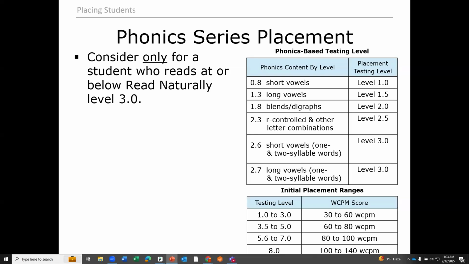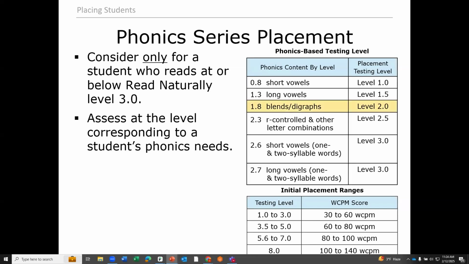You can do it with word warm-ups. Word warm-ups is a decoding and phonics program that is built into the Read Live suite. So if you have licenses in Read Live, your kids can use word warm-ups. It's not a separate purchase. You have access to it. And that is used when students read at a 3.5 or above. Because fluency needs and phonics needs don't line up very well, especially for older students. So then they might need to use two programs, one to address fluency and comprehension, and the other to address phonics and decoding. Okay. So you're going to consider phonics series placement if your student reads at a first through